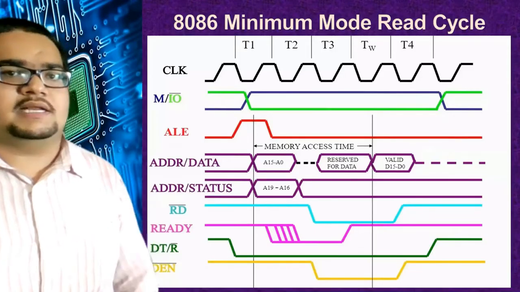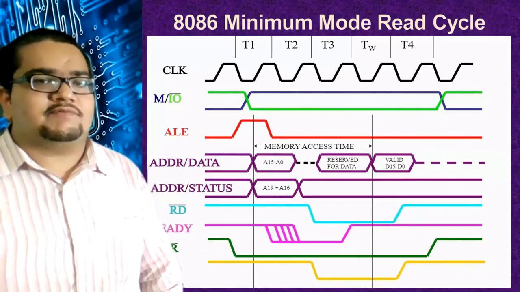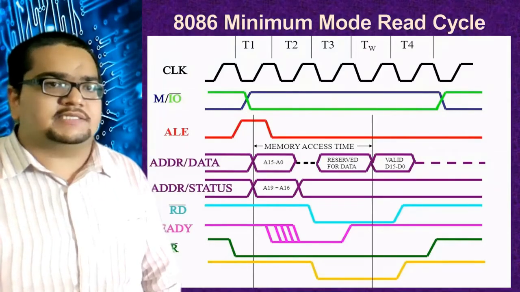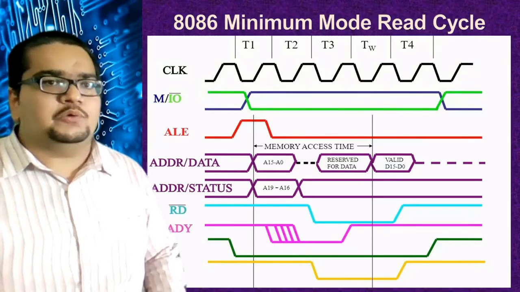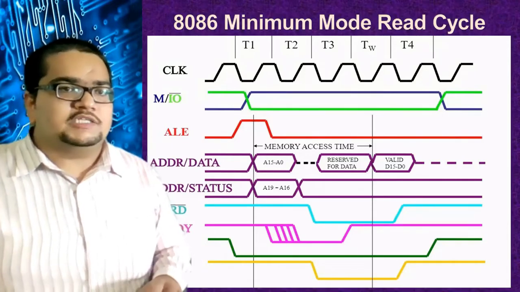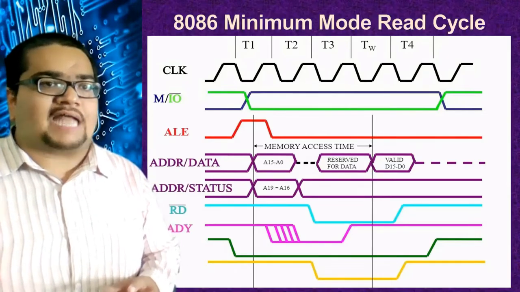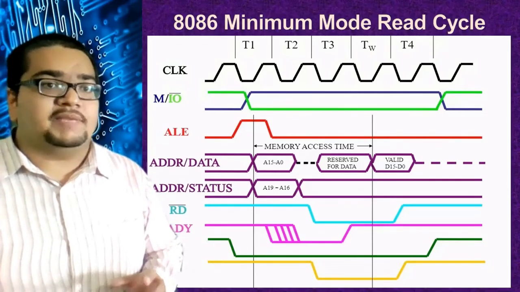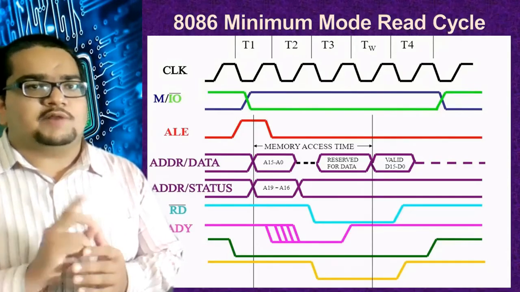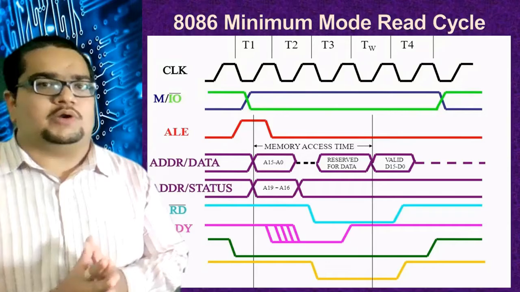We have seen in our earlier class the memory read cycle of 8086. You can see the clock signal here. The machine cycle consists of all these time states, clock cycles T1, T2, T3, TW and T4. Depending upon the speed of operation of the peripherals, memory or IO devices, the number of time states for TW may vary. For a few devices a single TW will be sufficient. For a few more devices, as they are slower, they may have 2 wait states or 3 wait states and so on.